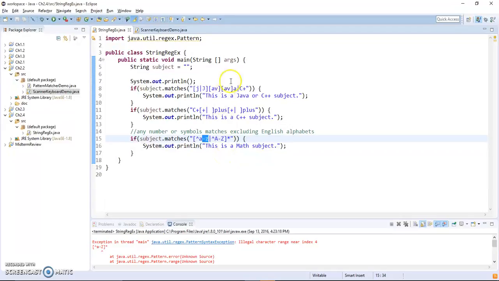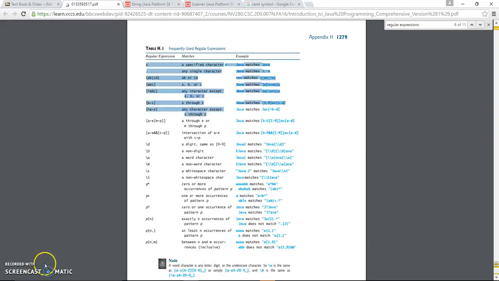So we can have more, right? Matches A through E or M through P. We can do that too, right? So like A to G, this is Java, or I to M. So any letter in front is fine. If we do a group like that, and, right, intersection, you can do A to E with C to P, right? A to